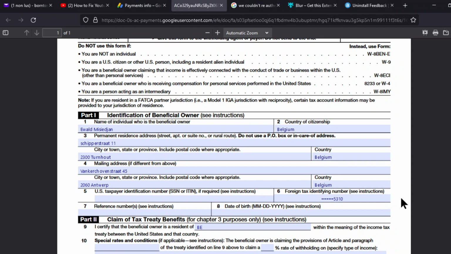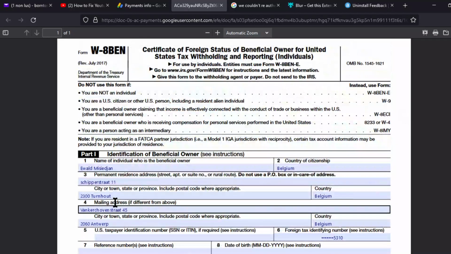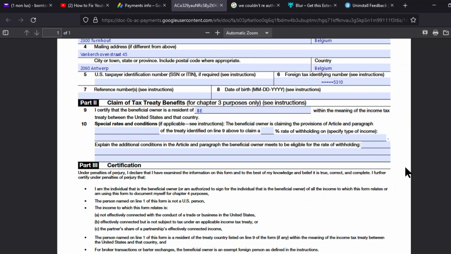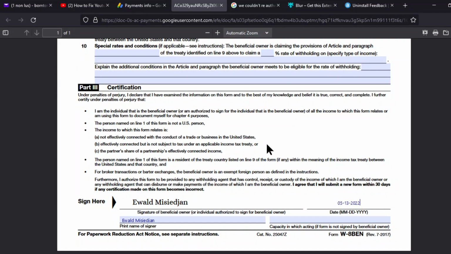So this may be as simple as just the same. If you're doing it for the first time, maybe then it's a different story. Just fill the whole form. Just put your name and your address and all those things and say what country you're from. I'm already saying I'm from Belgium here, so there's nothing more. You just put your dates. Now you're from a European country, so they're not going to take too much tax from you, unlike if you don't do it at all. That's just what it is.